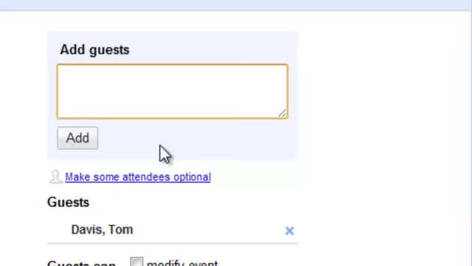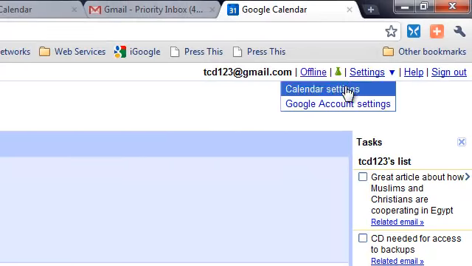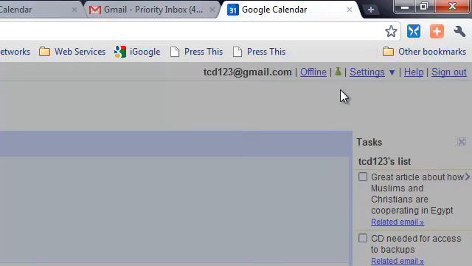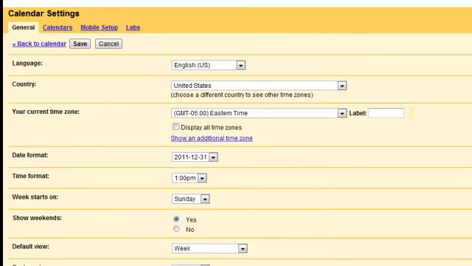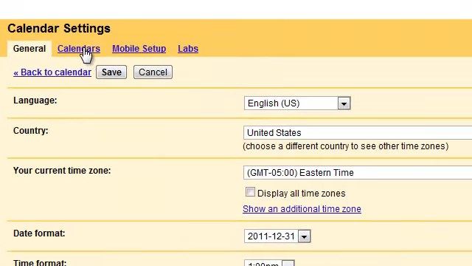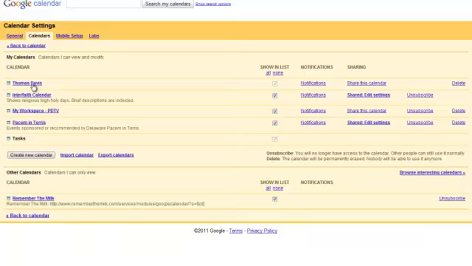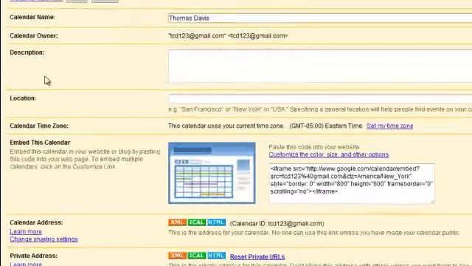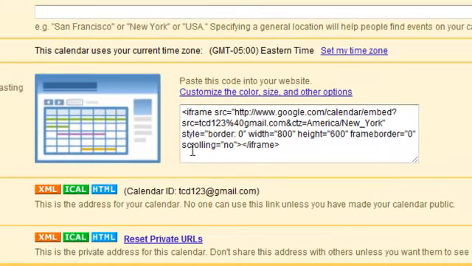I'm going to show you one more thing that's really handy with Google Calendar. If you go up here to the top right corner and click on Settings, and then Calendar Settings, I'm going to discard changes that we've made. Let's go back to Settings. Okay. Now we're in Settings, and I'm going to go down here to Calendars, and I'm going to click on my own personal calendar. And note down in this left portion where it says Embed this calendar, and then it has some code over here to the right. If you copy that code